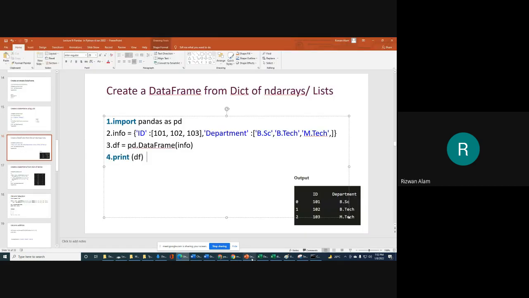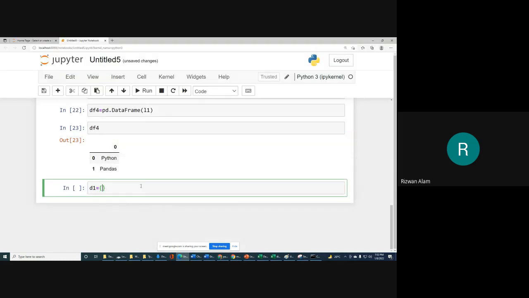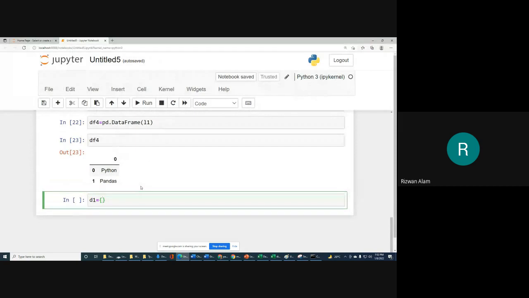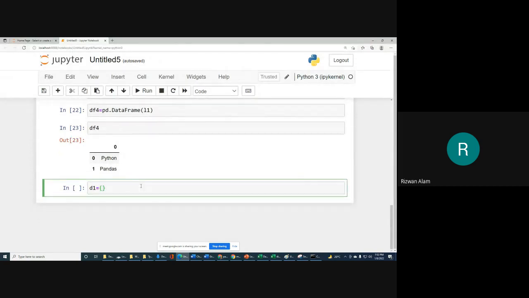Next, as you can recall, in a dictionary we have to keep elements in the form of key-value pairs. So the first thing we can write, for example, is roll number, as the key.